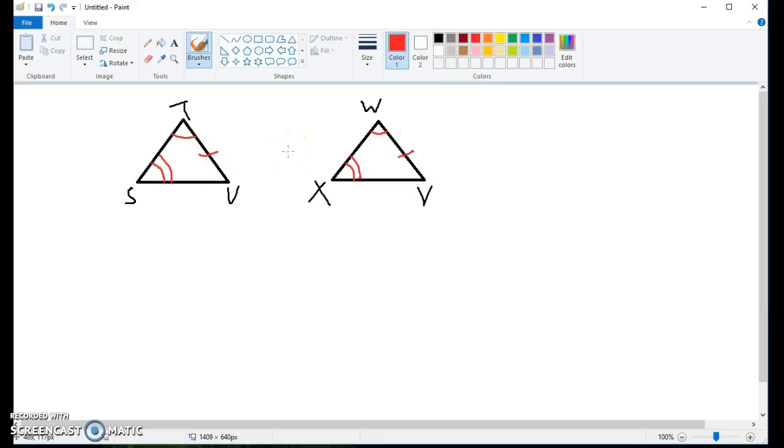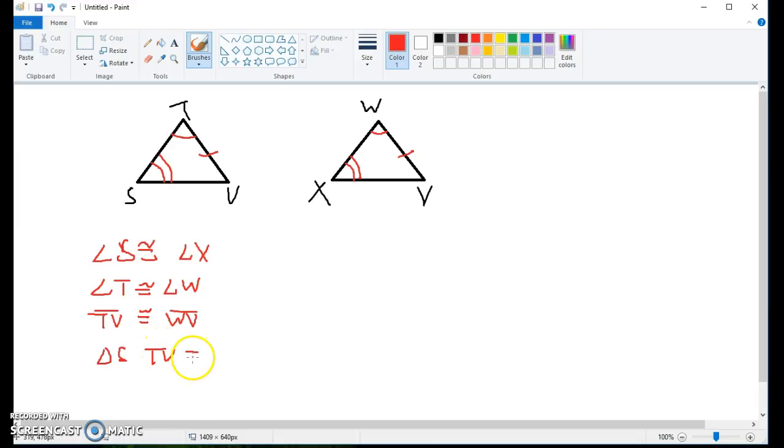Are these two things congruent? We're going to go through it. So we have angle S is congruent to angle X. Angle T congruent to angle W. TU is congruent to WV. Therefore, STU is congruent to triangle XWV. Alright, so basically this side is opposite of the same congruent angle. Alright, we're going to go through some more problems in